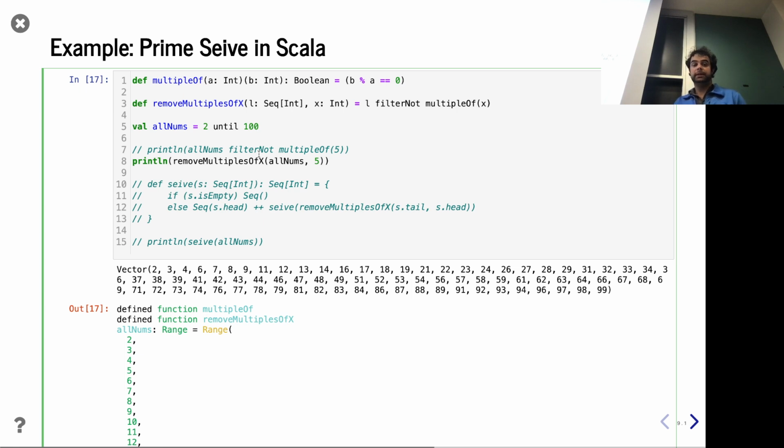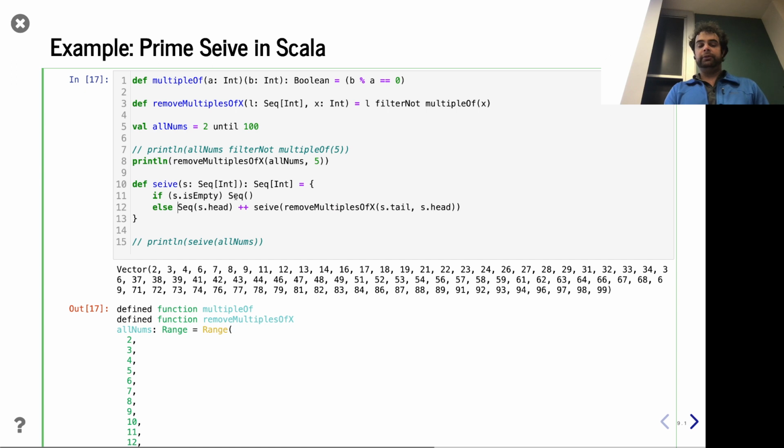Cool, great question. Okay, so remember where we are. We built up these two functions, and we can find something as a multiple of something, and then we can use this by doing currying to remove all multiples of something. Great. So now our Sieve, you can see, this next block,